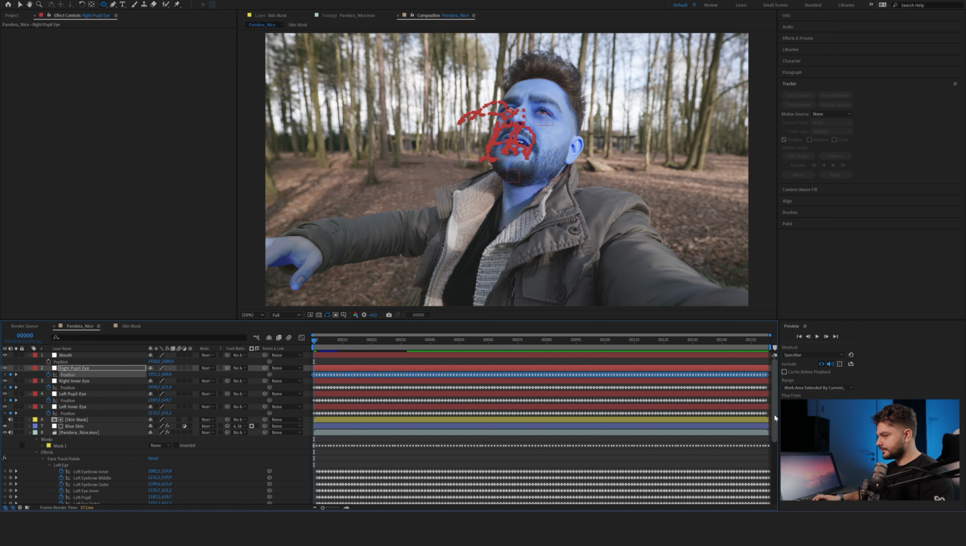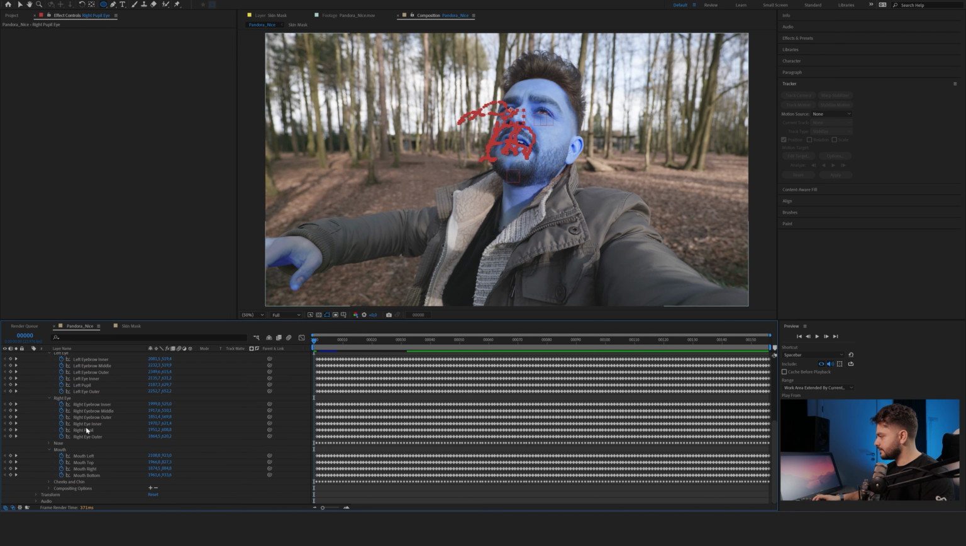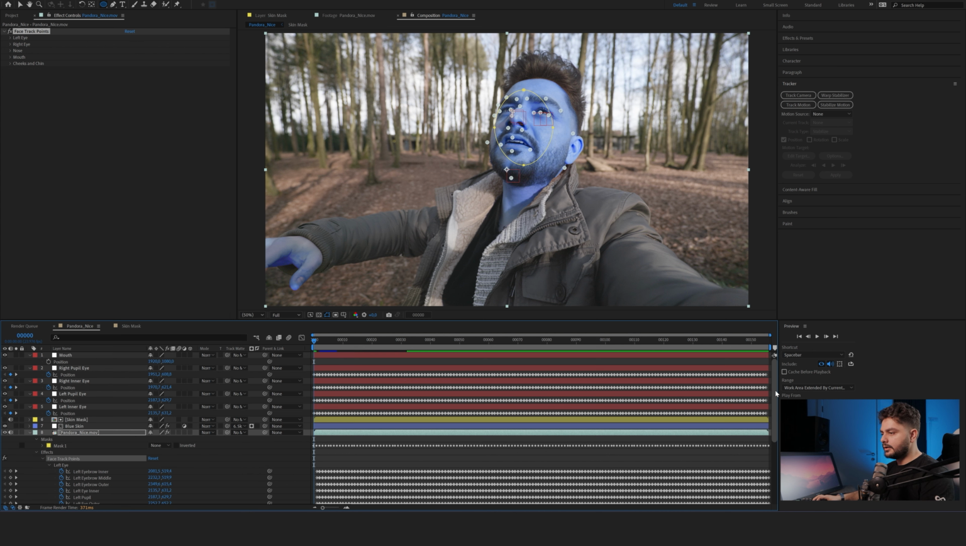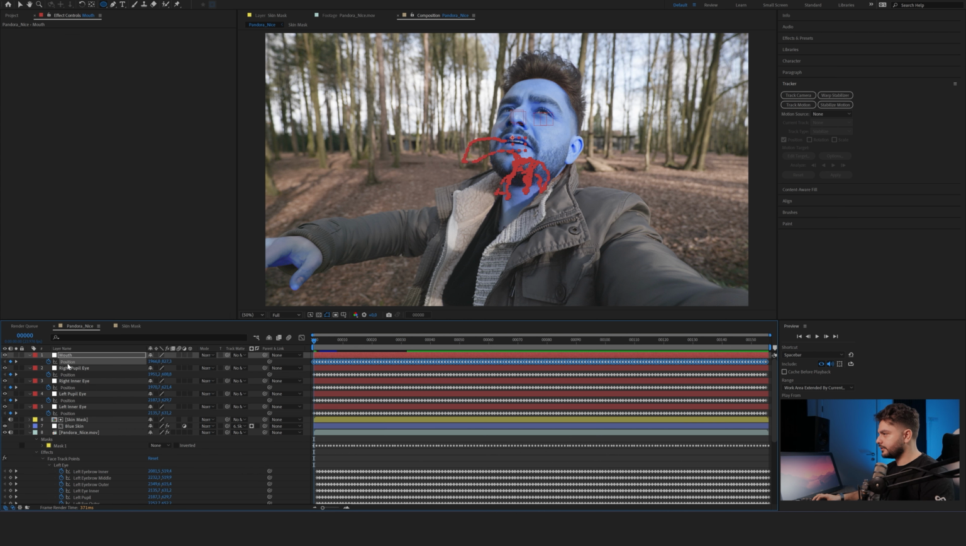And paste that right here. And now for the mouth, I'm going to be using the upper mouth, so the mouth top here. And I'm just going to paste that onto the mouth. So now if we play this, or if we click away and we just play this through, we will see